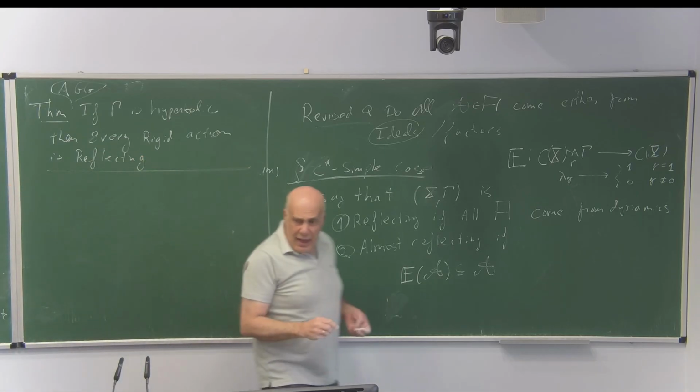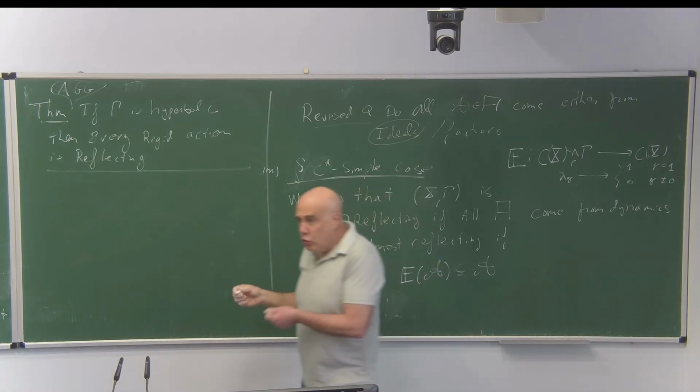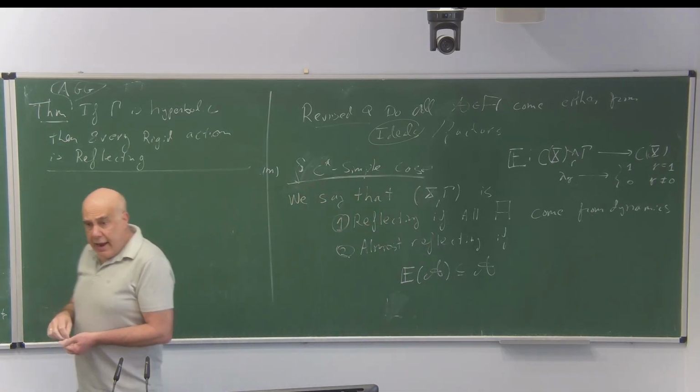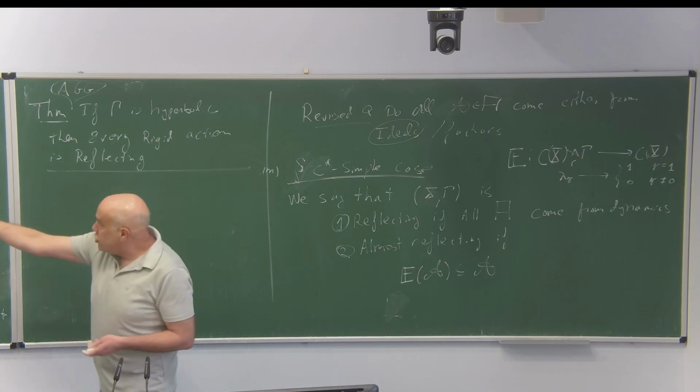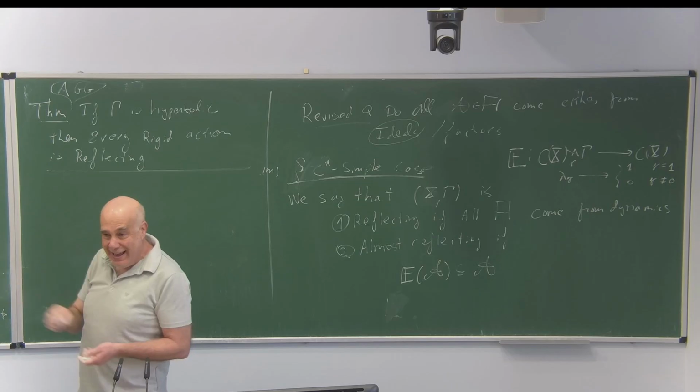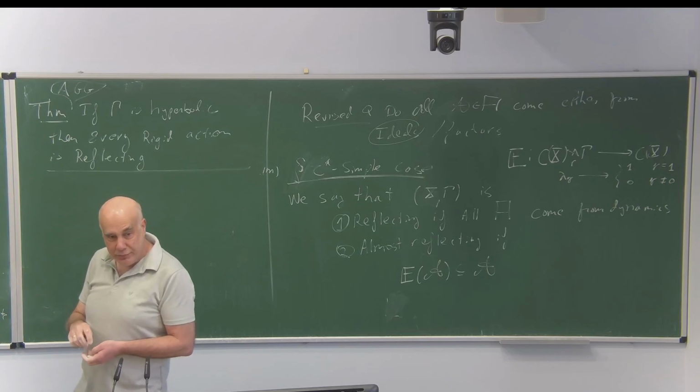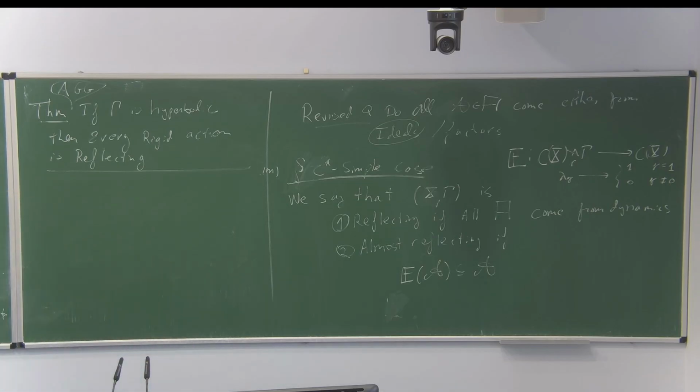We need hyperbolicity here for two reasons. First of all, to ensure this property AP, that guarantees that we actually have not just almost reflection, but actual reflection. But in fact,